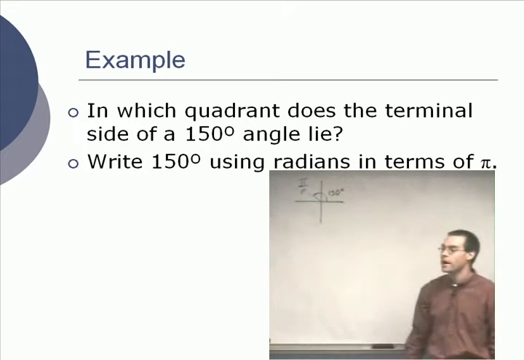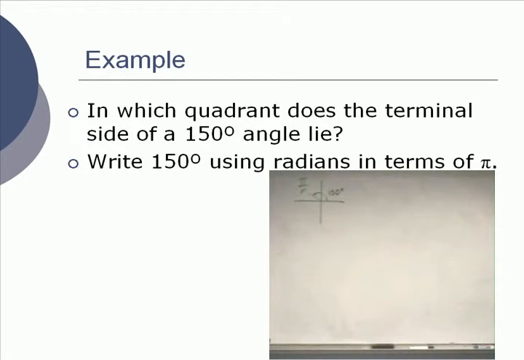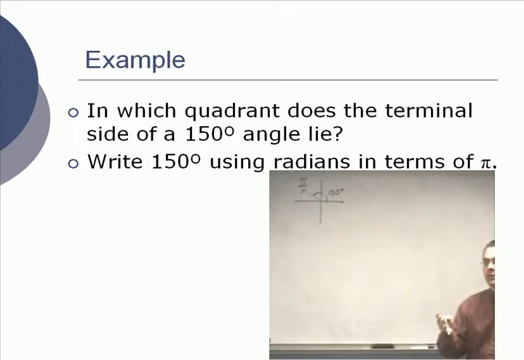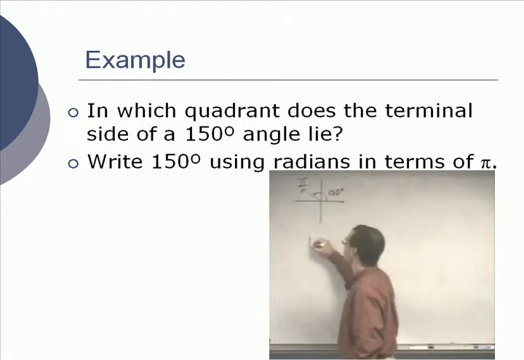Second question is, write 150 degrees using radians in terms of pi. Now take that little sheet I gave you and flip it over for now. Otherwise it's too easy. You can just look on there. Here's how you do the conversion. And also, when I say you need to memorize these letters, if you don't memorize them, there's always a quick way to figure it out. It's just that you're going to be using them so often that you won't want to have to convert every time. We just take 150 degrees,